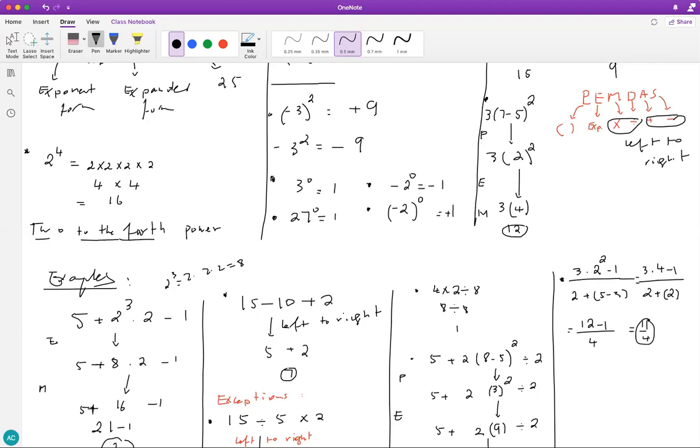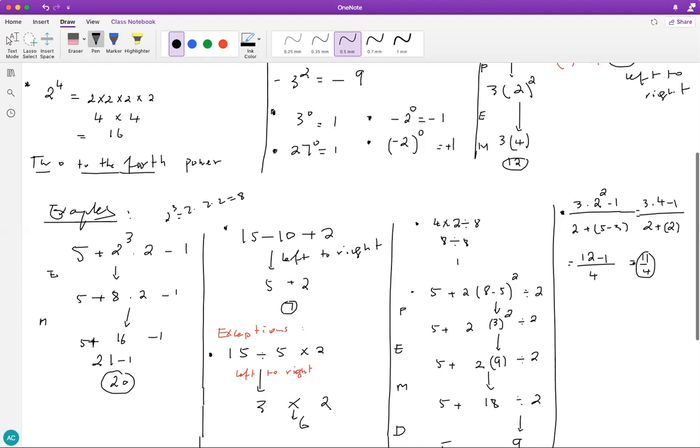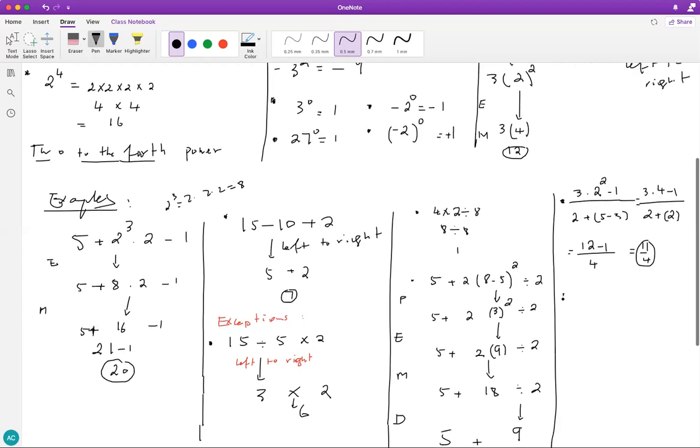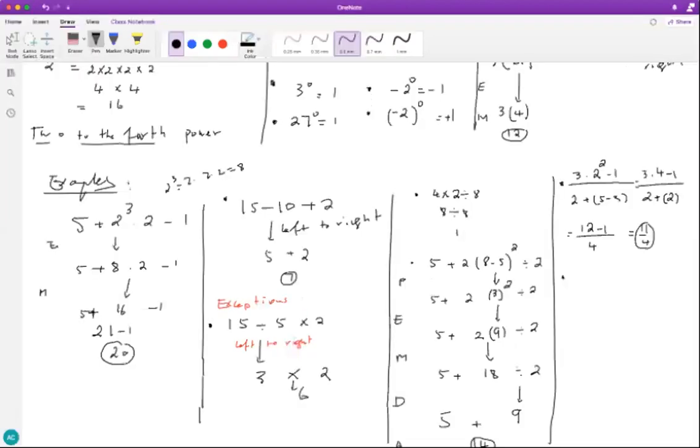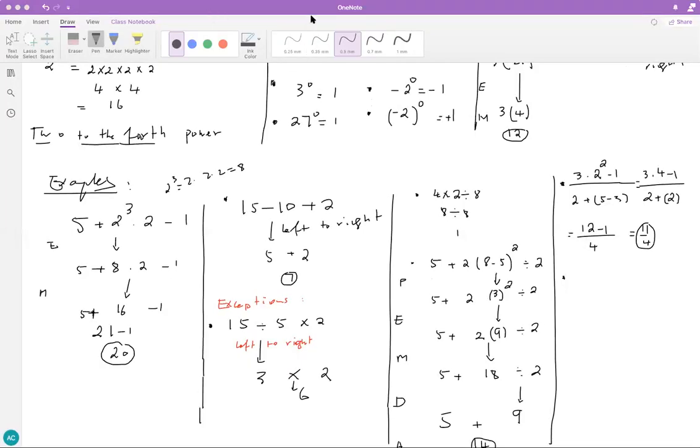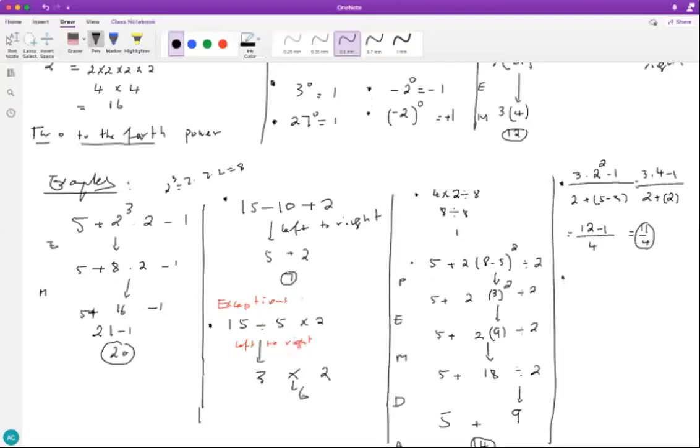Doesn't matter if it's a fraction, that's fine. That's okay, just simplify it, reduce the fraction if possible. But it's okay for the final answer to be a fraction. You may end up with a whole number, you may end up with a decimal. For example, this is a decimal, this is a fraction, but that's all right, it's not a problem. Let's do one more example. So regardless of how long the expression is, basically the method of the order is the same. So one other example here is